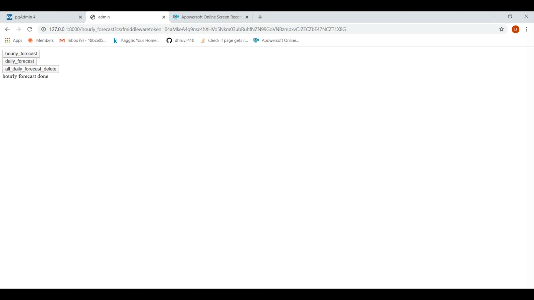table. By clicking the button, you will watch the data from 30 days ago, 31 days ago, and all forecast data is deleted. Then it starts storing data in the table. Before starting the video, I clicked it, so data is now updated. And the third button is for truncating the daily forecast table. Now we retrieve data from the database.